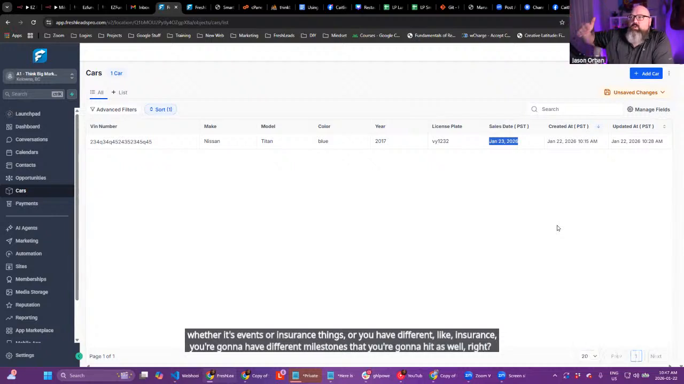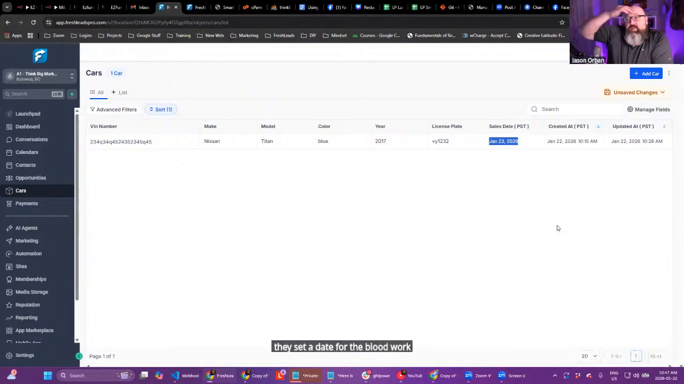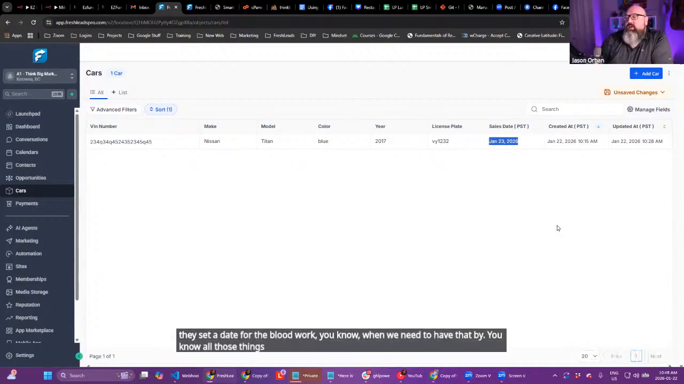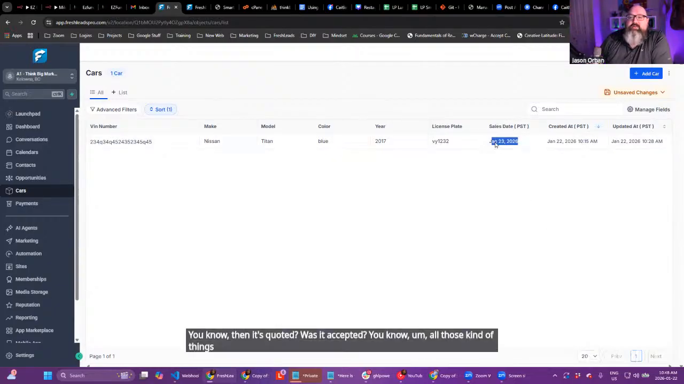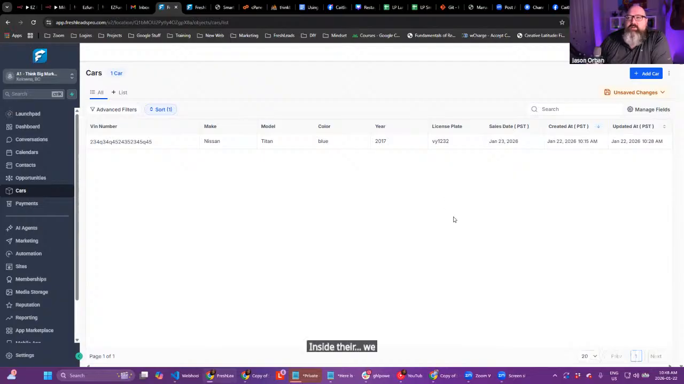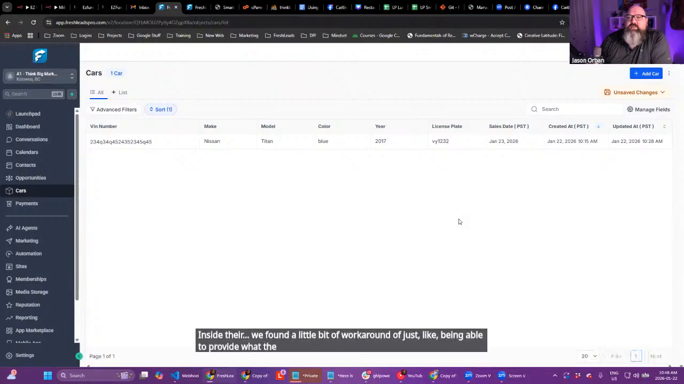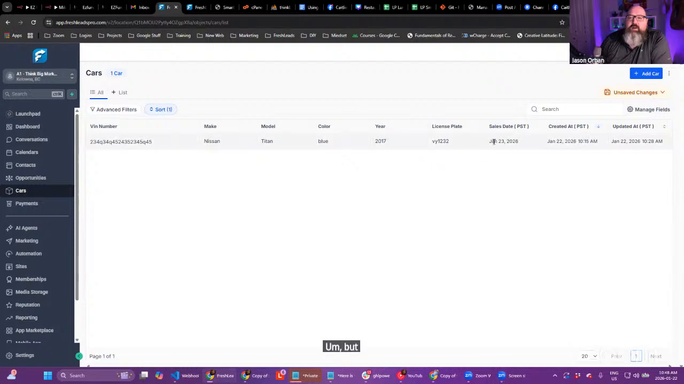We've got the quote, we've got the information we need. If they need blood work, they set a date for the blood work, when we need to have that by, all those things, whether it's quoted, was it accepted, all those kind of things. So you can have different milestones and different dates inside there. We found a little bit of a workaround of being able to provide what the milestone is at a certain point when it gets updated, but not being able to